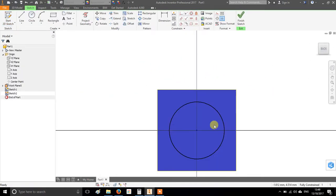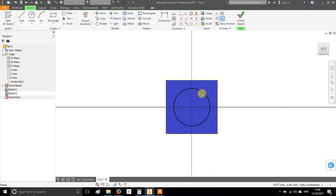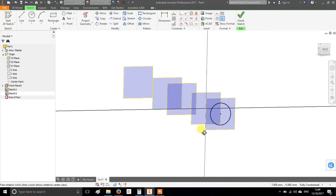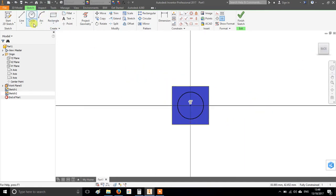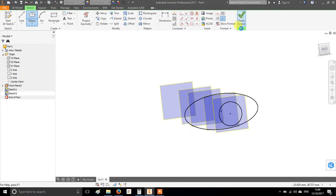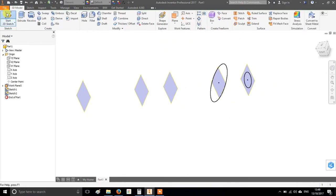If your current circle is in the way, you can press F7. That toggles on and off, so you'll see what I mean, it gets rid of anything in the foreground to help you draw. That's F7 if you need it. But I'm going to leave my circle there, and I'm now going to draw an ellipse on the same axis. Okay, click Finish. So new sketch on here,